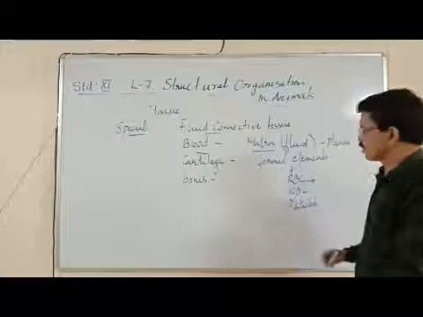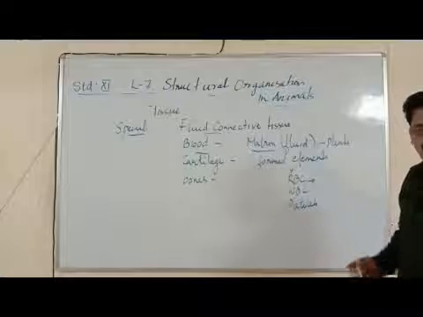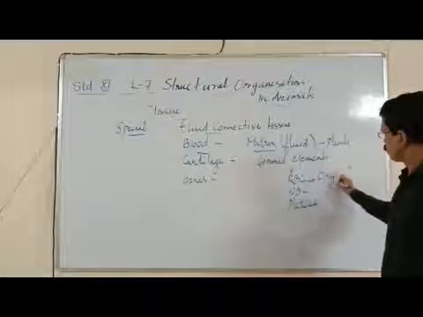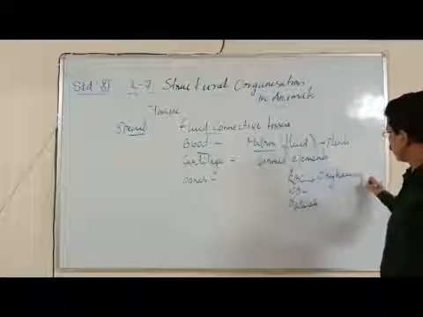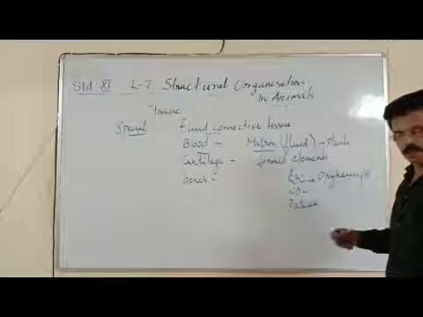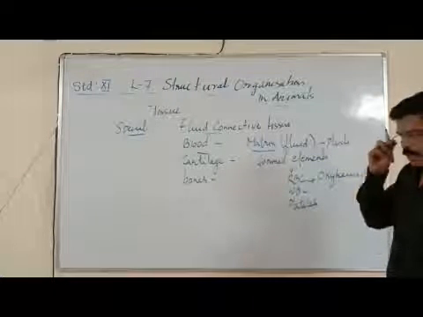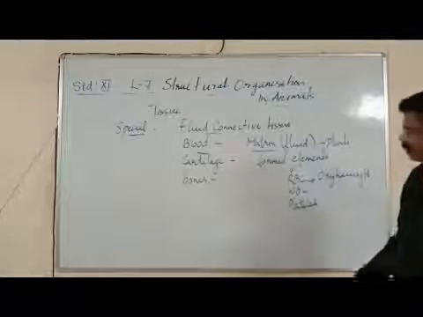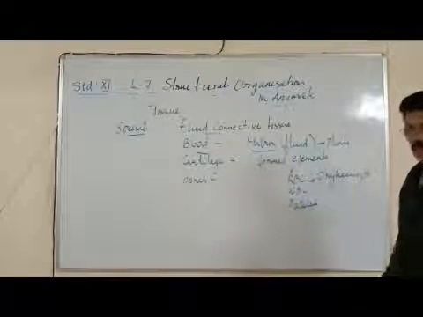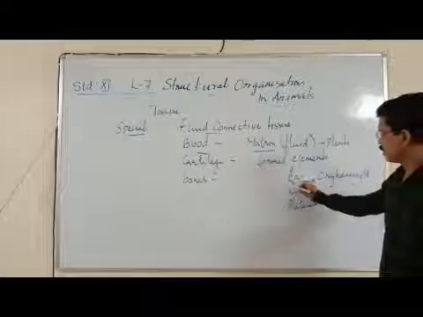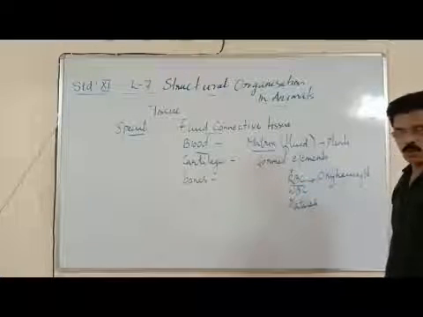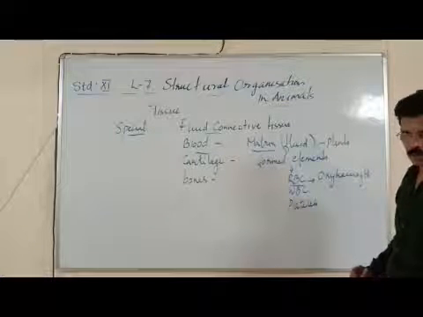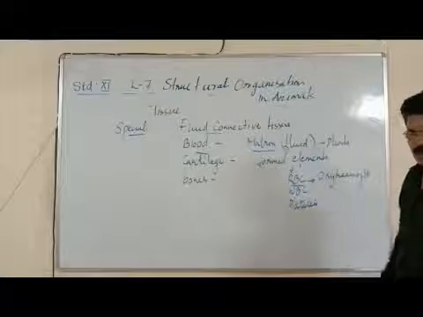RBC contain a red pigment called hemoglobin. Hemoglobin has an affinity with oxygen. They combine with oxygen to form oxyhemoglobin. That oxyhemoglobin carries oxygen to various cells, sending oxygen to various parts of the body for various functions like oxidation of food inside the cell. So what is the function of RBC? RBC contain a pigment, hemoglobin. When oxygen combines with the hemoglobin, it is called oxyhemoglobin. So that delivers the oxygen to the cells.